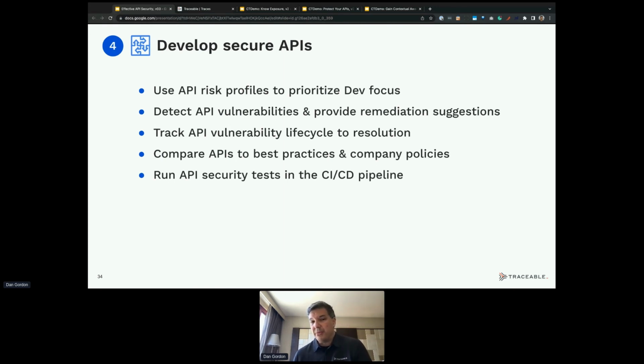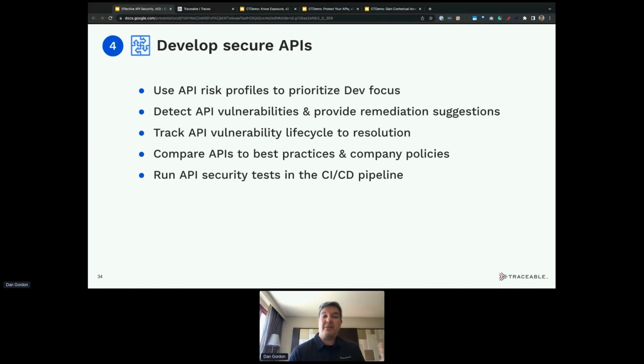We also detect vulnerabilities in the APIs as they're going by and doing their runtime thing. And we identify those and provide remediation suggestions, because developers are typically not security experts, and security experts are typically not development experts. So we need to provide as much data as we can and bring a point where they can come together and make sense for both sides, for all sides that are working on securing our APIs and our applications.